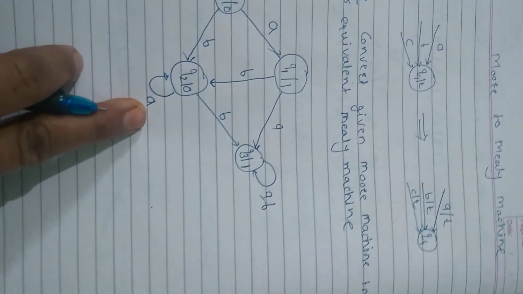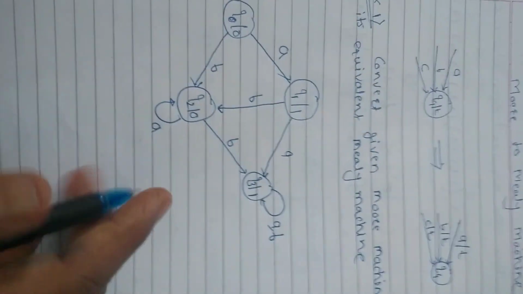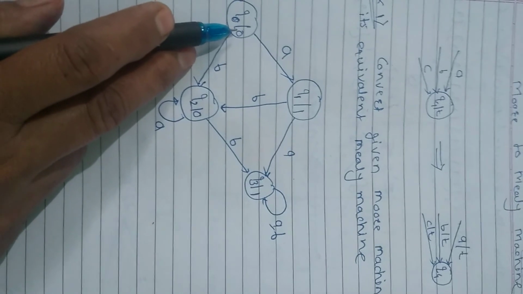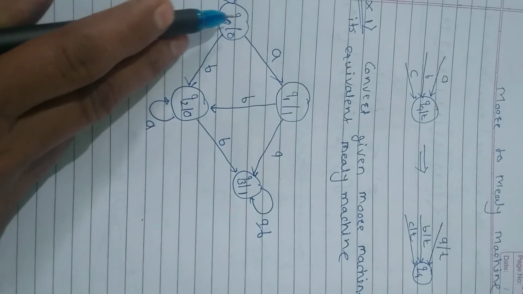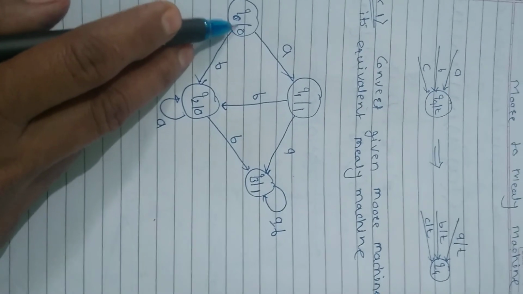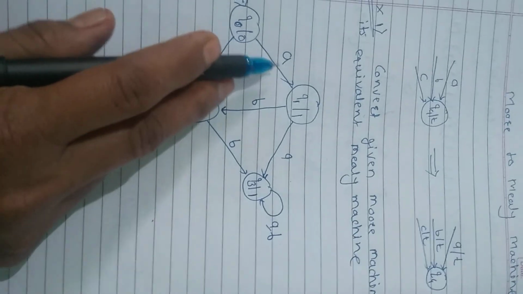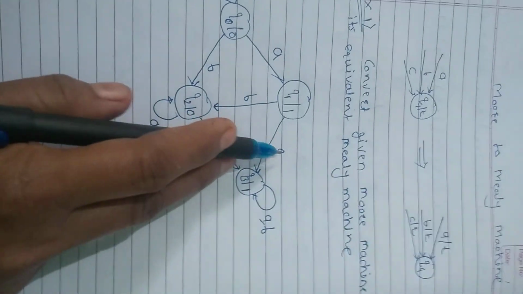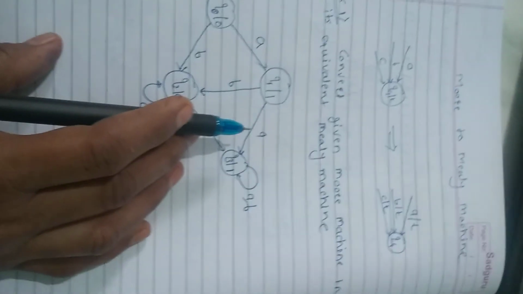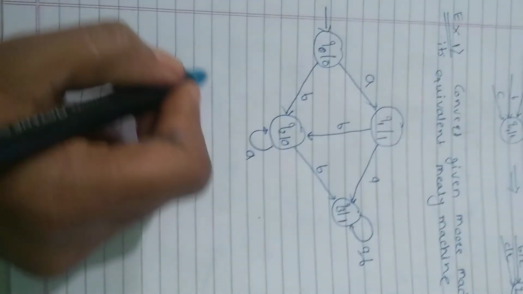Now this is the given transition diagram of the given Moore machine. We know that this transition diagram is of a Moore machine because the output symbol is specified within the state, that is state oblique output symbol. Now we have to erase the output symbol from this and put it on each and every transition of the given diagram. With the help of the above method, we can convert all the transitions into the required form of a Mealy machine. Now see how to convert that.